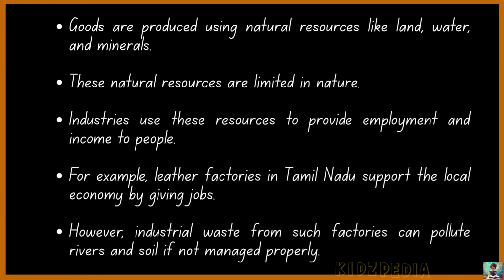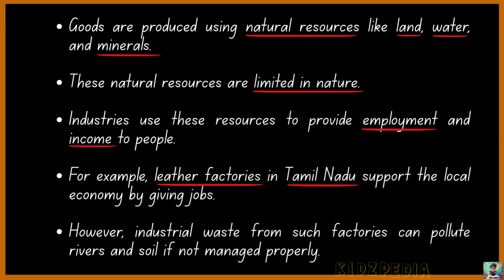So, to produce goods, we use natural resources such as land, water, and minerals. These resources are limited, so they must be used carefully. Industries use these resources to produce goods and also provide employment, helping the local economy. For example, in Tamil Nadu, many people earn a living by working in leather factories. While this benefits the economy, the waste released from these factories can pollute rivers and soil if it is not